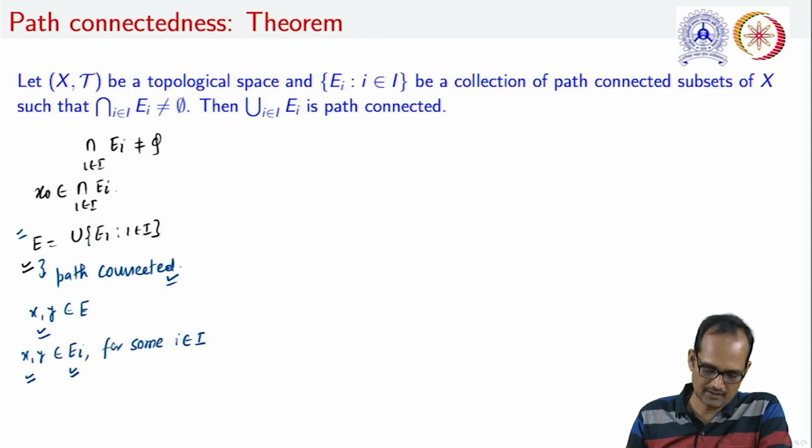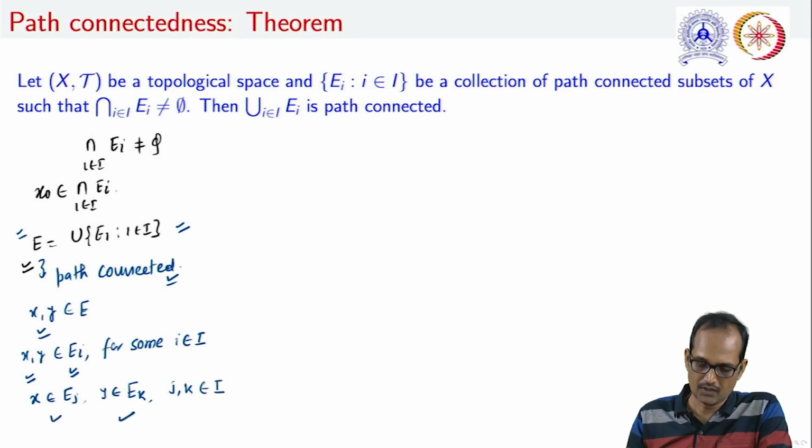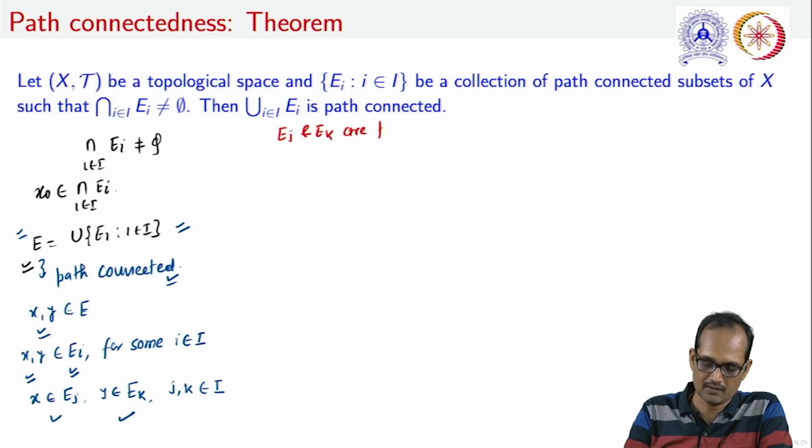So what we are considering as this E is the union of E_i's. So let us take x belongs to some E_j and y belongs to some E_k for some different j and k in I. It is to be noted that E_j and E_k are path connected,